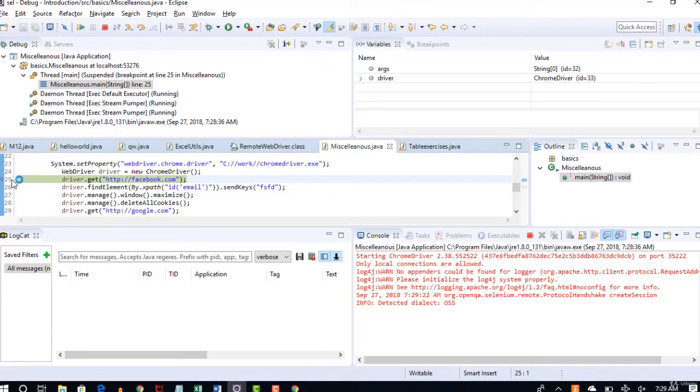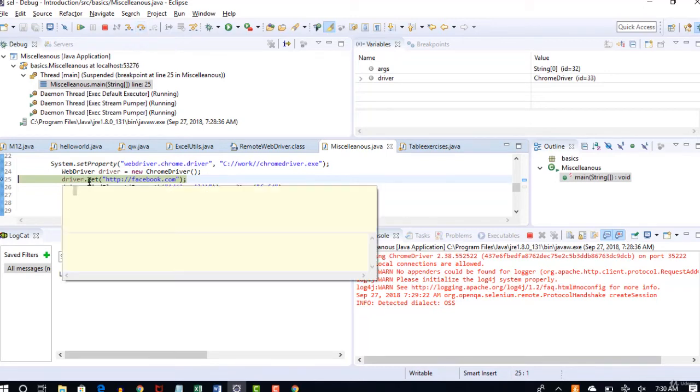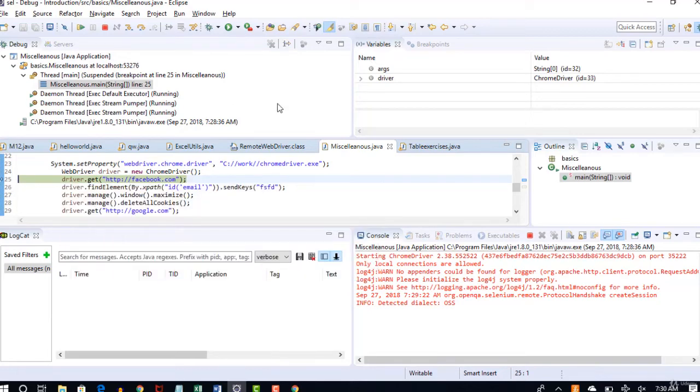Now, if you want to watch this execution step by step, then step over. When you say step over, it executes this step and your control will get paused again at the next step. Okay, so I'll click on this step over.